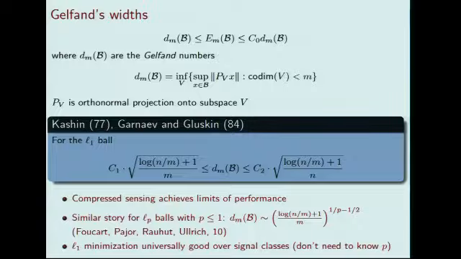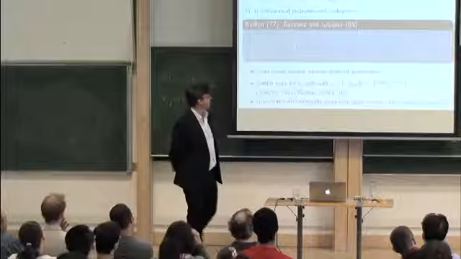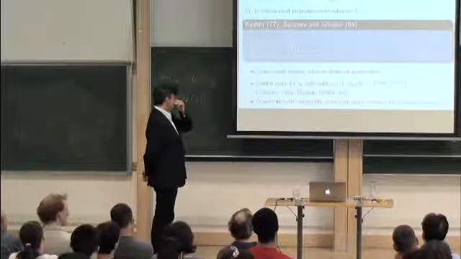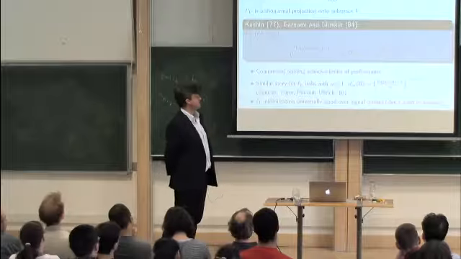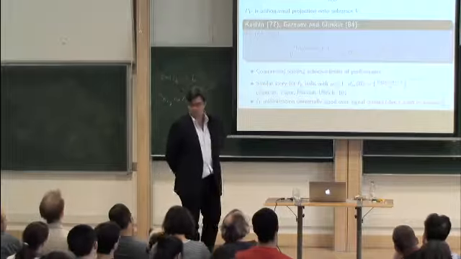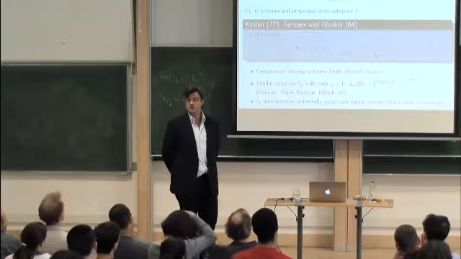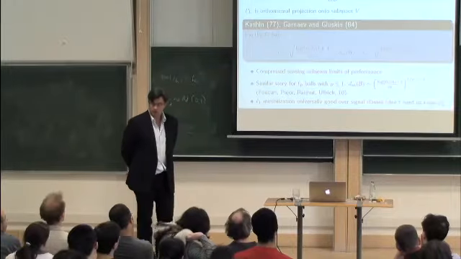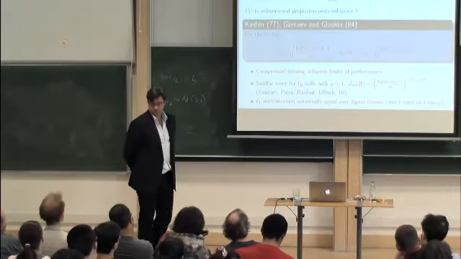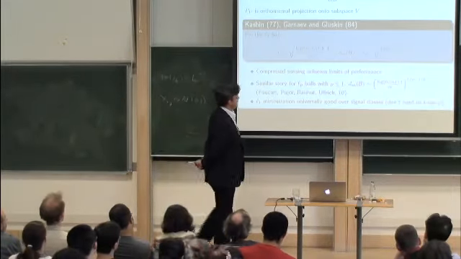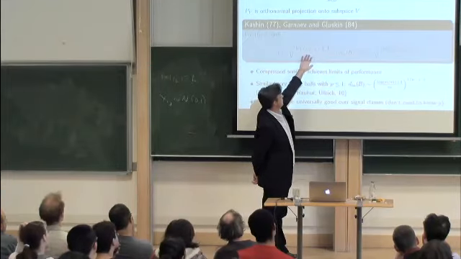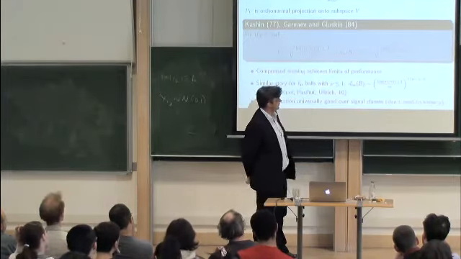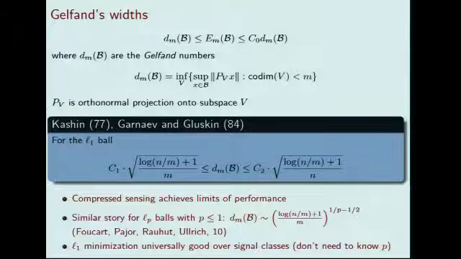But that exact square root of log n over m, over square root of m, is exactly what you get by compressed sensing. Right? So compressed sensing achieves these limits of performance. We know that there is no adaptive sensing mechanism and any reconstruction algorithm whatsoever that could provide you, uniformly over the L1 ball, an error which is smaller. So we know that any algorithm will have an error that has to be exactly this, within a constant. That's what we get by compressed sensing, and so we are at the limit of performance.